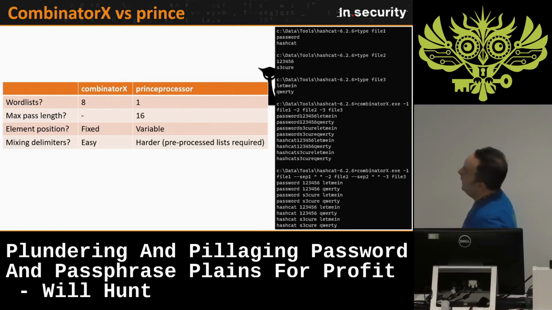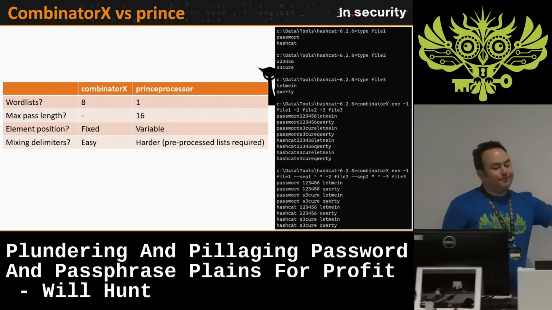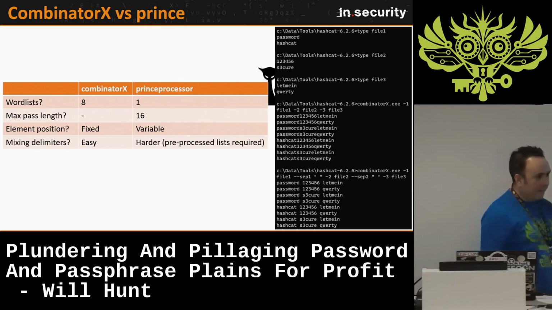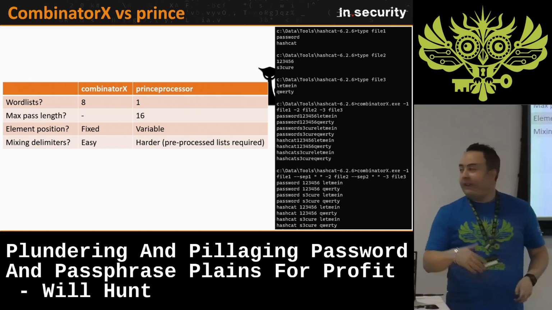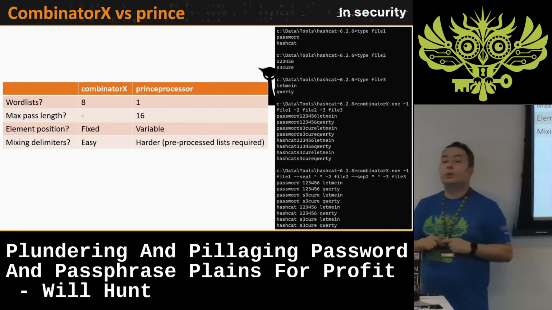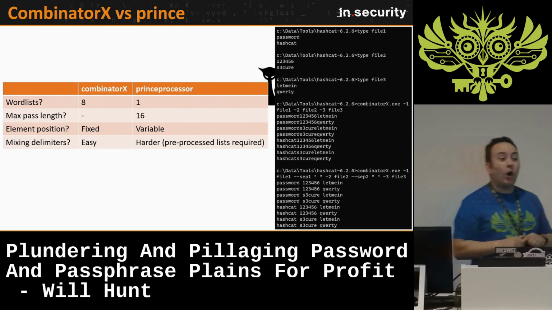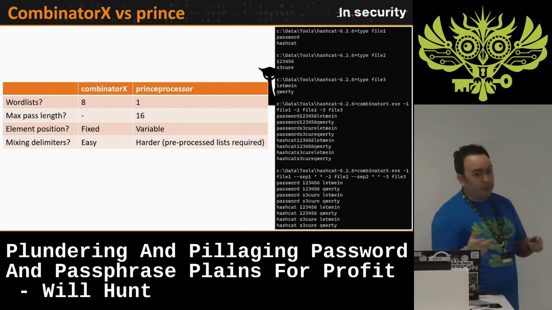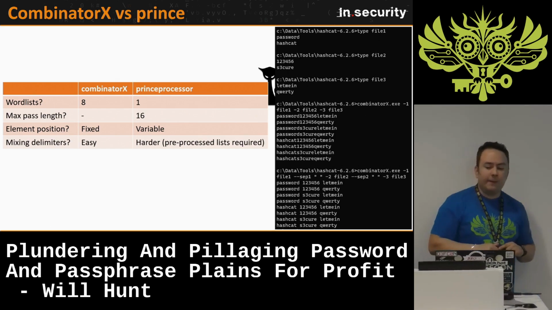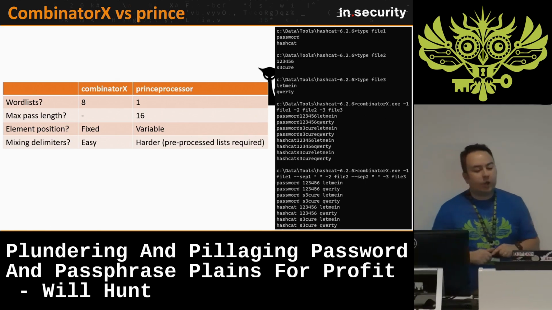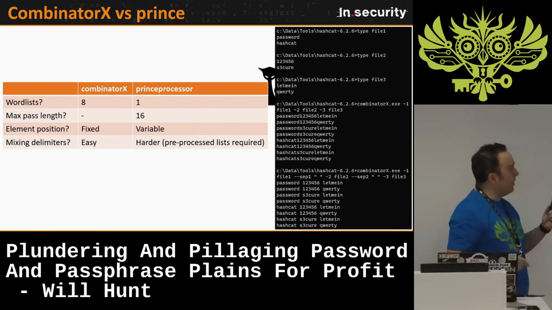But there are more ways we can do this. And there is another tool that comes with Hashcat utils called Combinator X. Not probably as well known as Combinator, which itself is a binary that you can use to take 2 words together. There are pros and cons to using Combinator X with prints. One of the really good pros about Combinator X is its flexibility with regards,